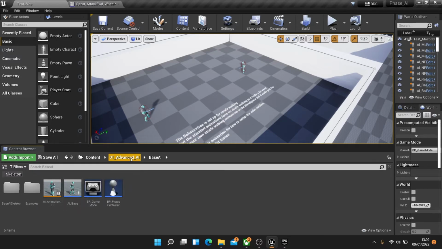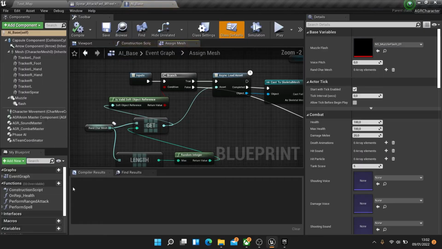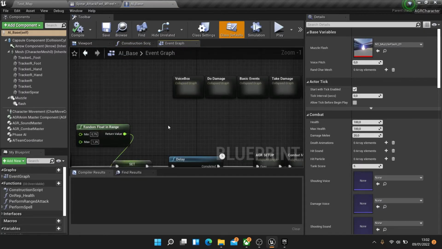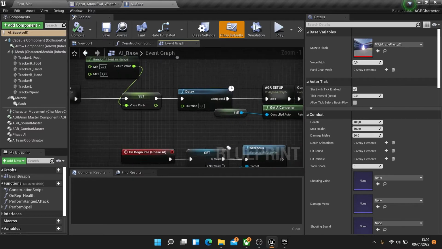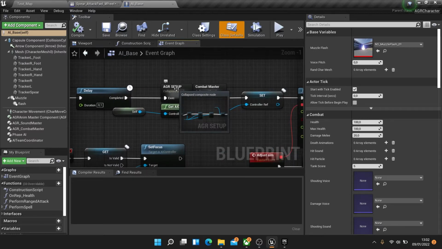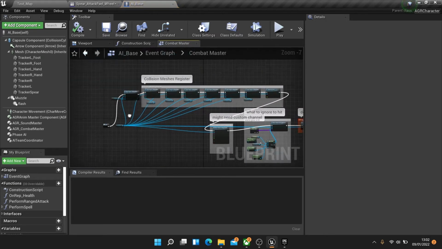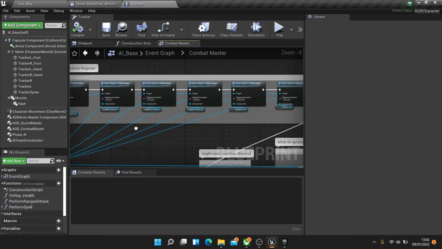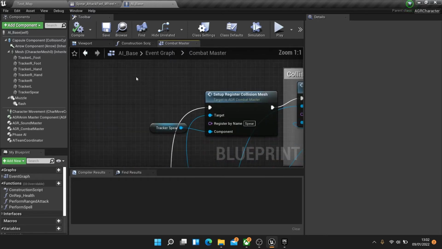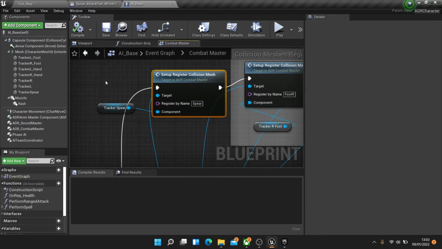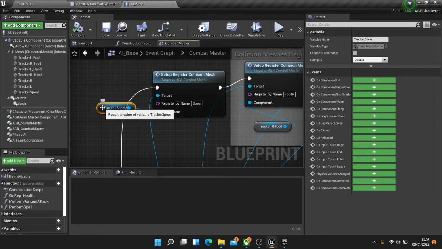Basically, find it under advanced AI, base AI, and we go in here. We check this out in more detail later. But what we need to do is go to the combat master setup. This looks a bit busy here, but it's very simple. Basically what we have, here you see the first thing is already the spear. We give it a name, and the second here is a spear mesh. And if you go here to the left,